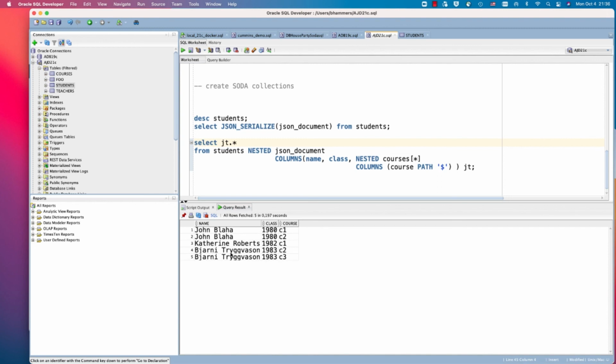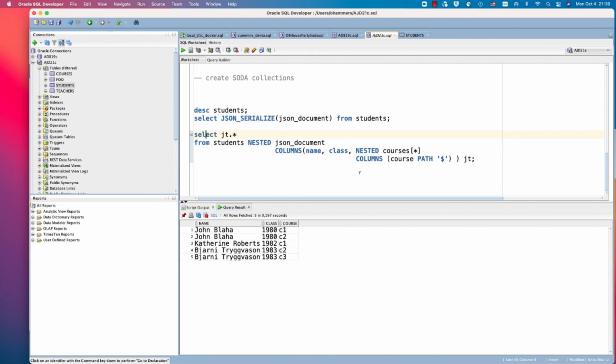So you see all the other columns for the name and the class, they get repeated because they apply to the same student. So this is an easy way to convert your JSON data into relational form. And now you could join this with the other tables as well. If you wanted to know what are all the teachers of all students, etc., if you had complex queries, you can easily use this nested path, maybe create views or even materialized views, and use joins if you want to do analytical queries.